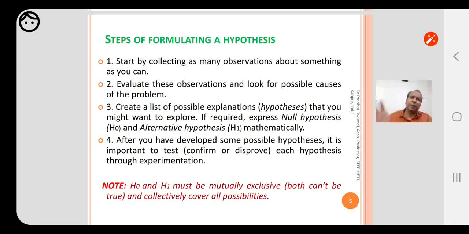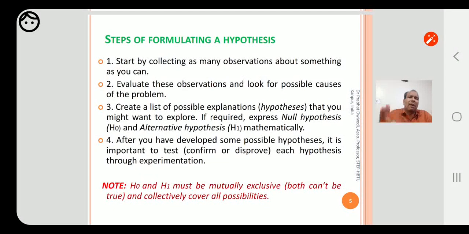So first, at the outset, what happens? We start collecting as much information as we can about something which we want to study, about the phenomena which we want to study. And once we collect information and observations as much as possible about that phenomena, then we evaluate those observations and information and look for possible causes of the problem.